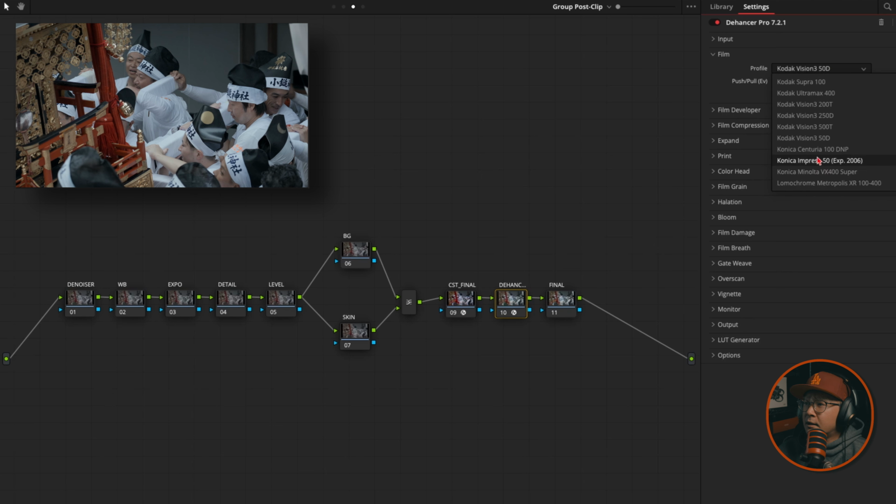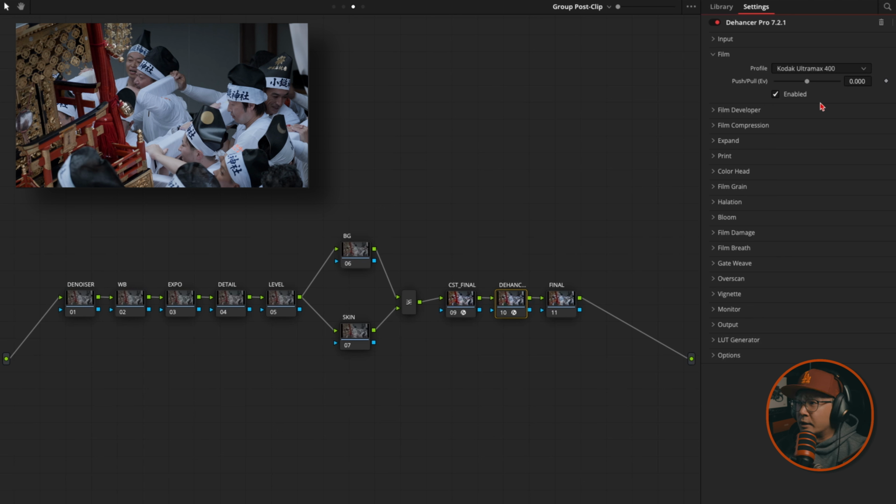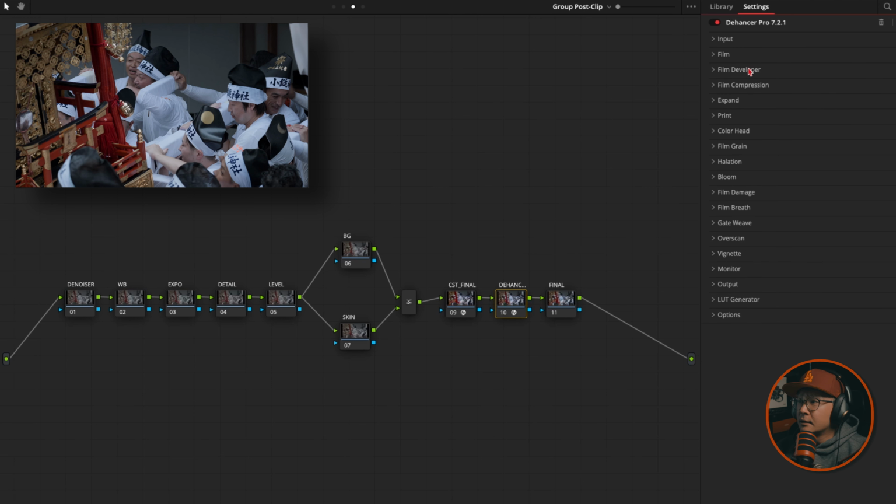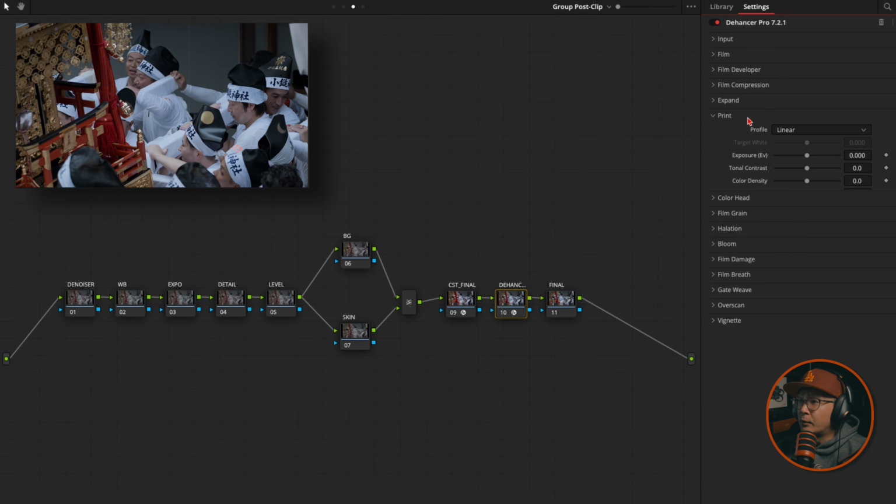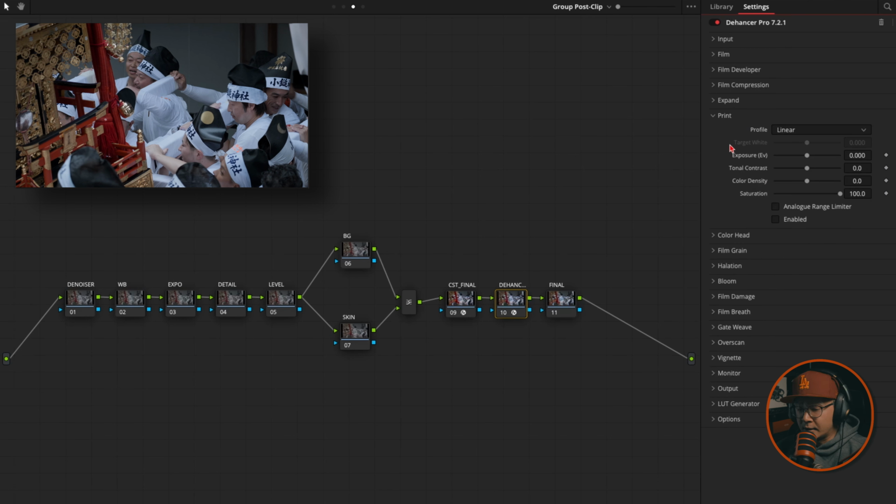I really like the Kodak film look, so I'm just gonna use Kodak Ultramax 400 as the film I'll be using. Next, I'm gonna go to the film print tab right here. This is where you can decide the profile of the